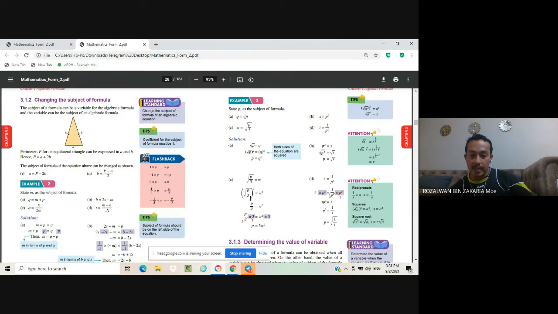Okay. So for C, I already explained to you. Now look at D here. The formula given to you, T equal to 1 over P square. We want to make this P square become P as the subject for this formula. So how to make it happen? The first step, we need to multiply with the P power of 2 for both sides, left side and also right side. So here become T multiply with the P power of 2 equal to 1 over P power of 2 multiply with the P power of 2.